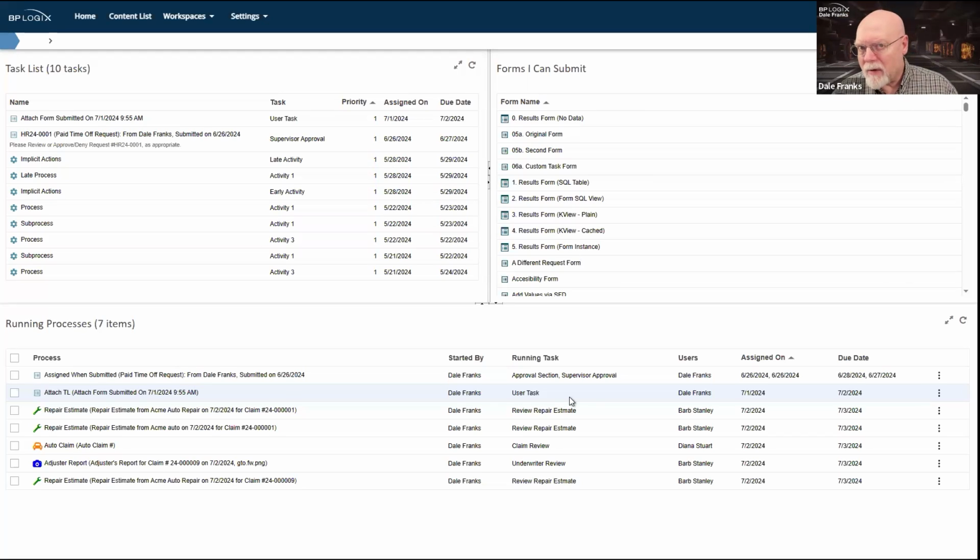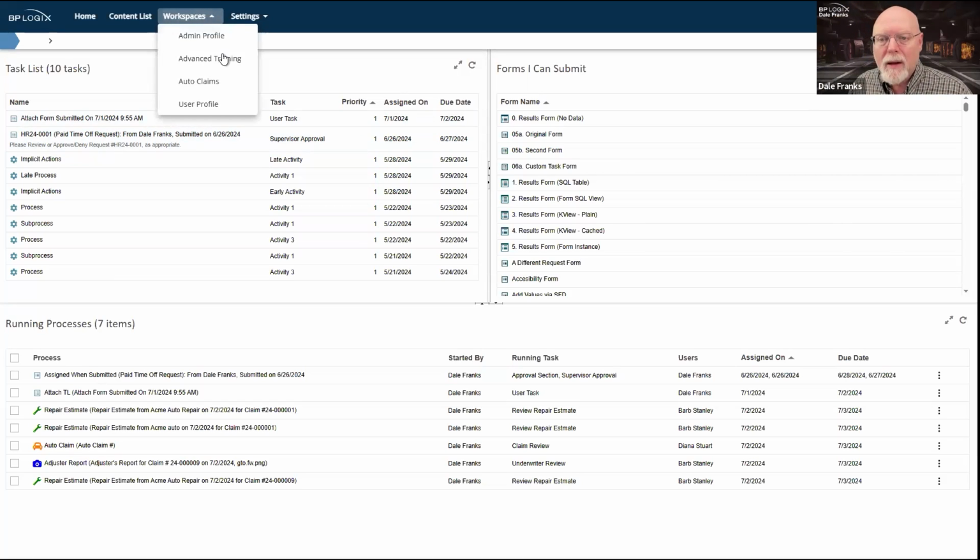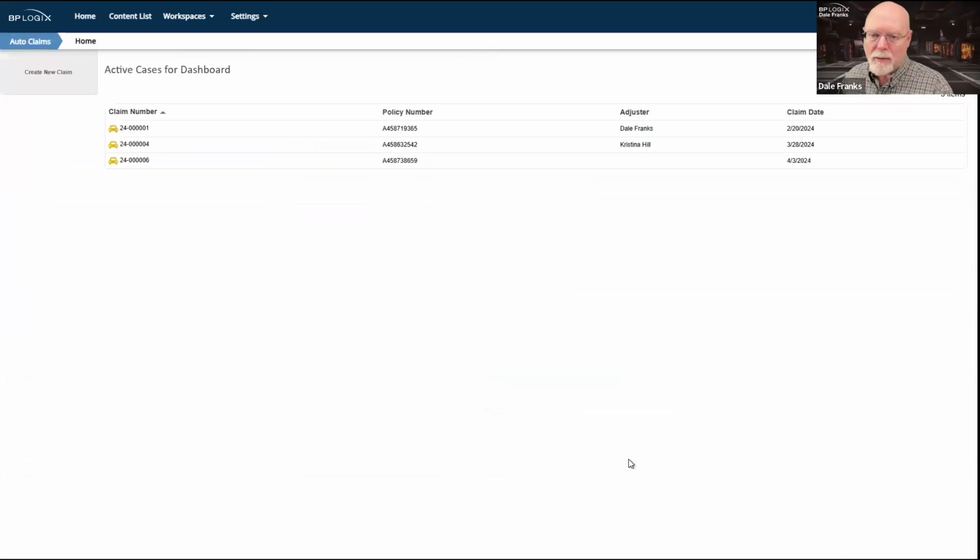One of the problems with giving people multiple workspaces is that you can't really define a home page for end users. As administrators, we have one, or we do with version 6.1, the home page that we saw a few minutes ago. End users don't have that. What end users are going to see is the workspace that they were looking at the last time they left the system. So if the last thing I was looking at when I left the system was auto claims, then the next time I log into Process Director, auto claims is the first thing I'm going to see. It's going to open me back up into the auto claims workspace.